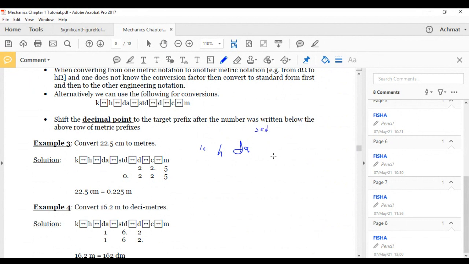Sorry for my mouse writing. That's just standard form over there. Okay, and then you have the other one, which would be deci, centi, milli. So if you have a number, 22.5 centimeters, which you want to convert to meters,